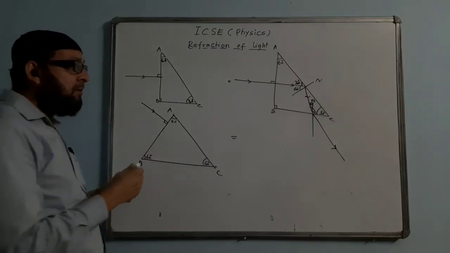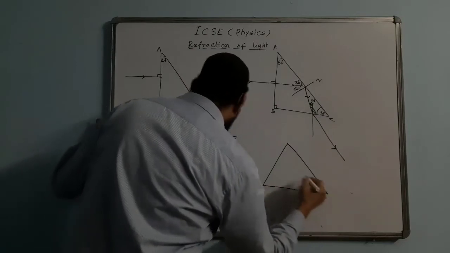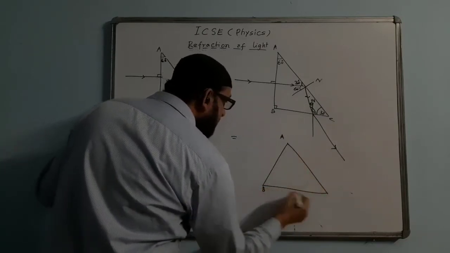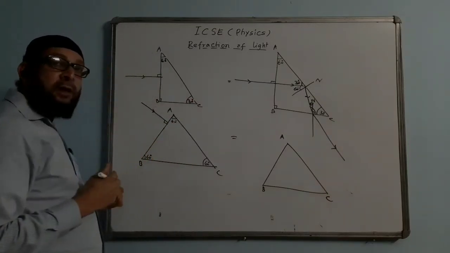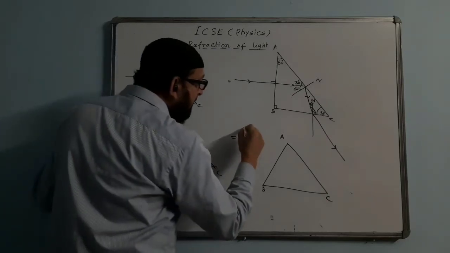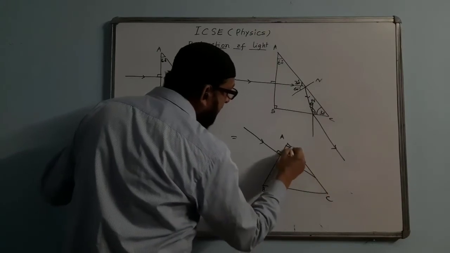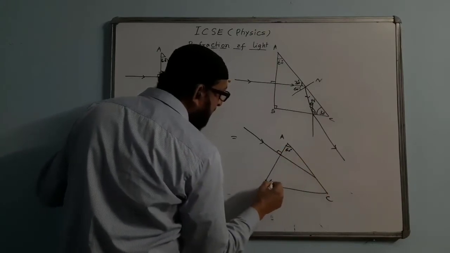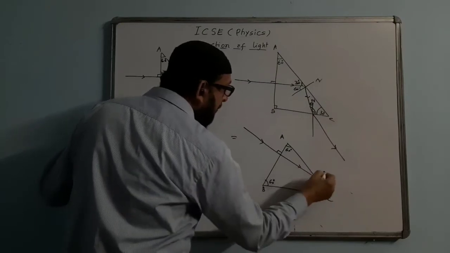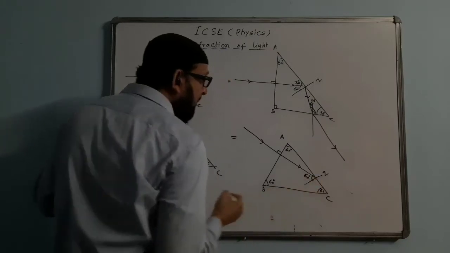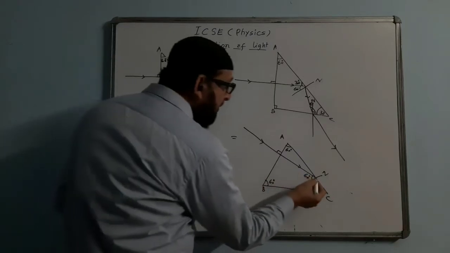Now this diagram, let us see how we can complete. This time an equilateral triangle given with angle 60 degree, or we can call it equiangular prism is given. This ray is coming like this. It will go straight. Here each angle is given 60 degree. It comes till here, normal. This angle will be 60 degree. 60 degree is greater than the critical angle. We'll calculate, TIR will take place.